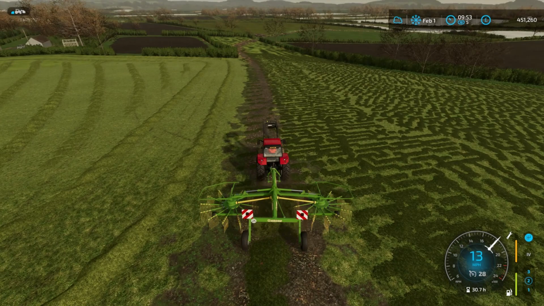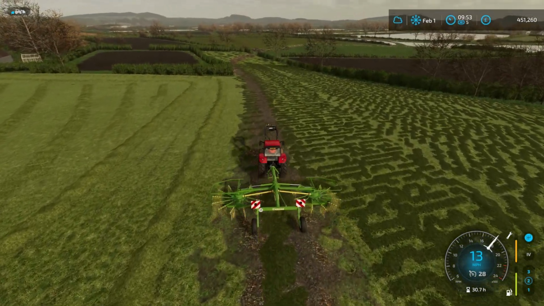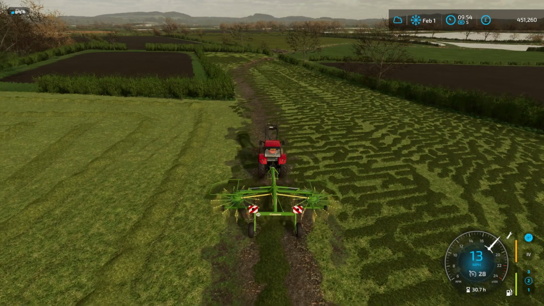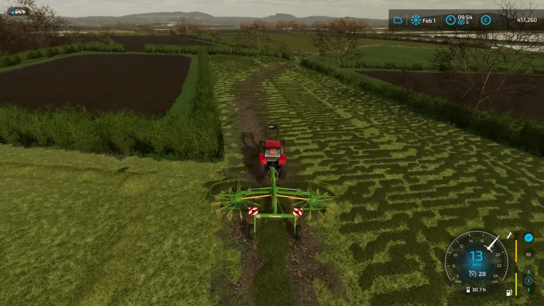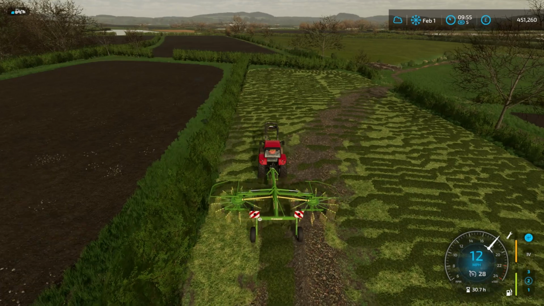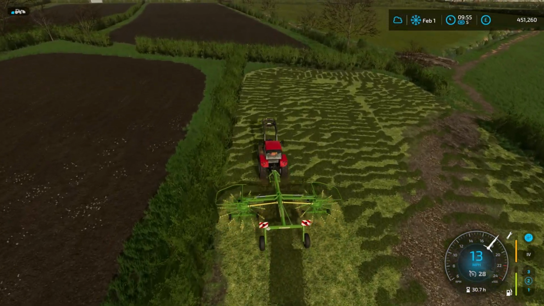Normally I would time lapse the lot. But what I'm going to do is go around, do the 2 headlands of this, and then we'll jump cut to the baling, because I want to get moving in the episodes. I don't want to be continuously doing time lapses as such. I want to keep the flow of work going quite nicely